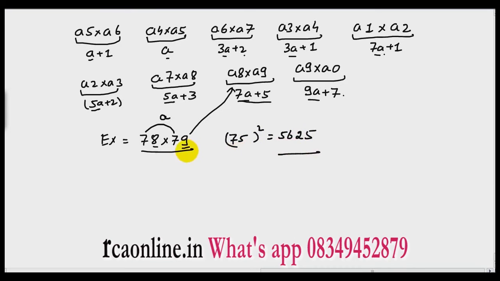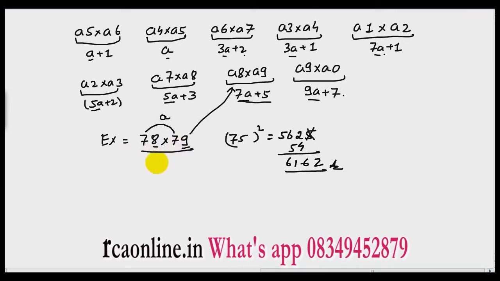Now same thing but in a little different way. I will cut this 5 and I know that 8 9 is 72. So I put 2 here. Forget about 7, you only need the final digit. So 8 multiplied by 9 is 72. So put 2 and the rest is 7a plus 5. So what is my a? A is 7. So 7 7 ja 49, 49 plus 5 is 54. Now add this. Why add this? Because 78, 79 is greater than 75. So what you get? 6162, and this is the multiplication of 78 into 79. So it is so simple.